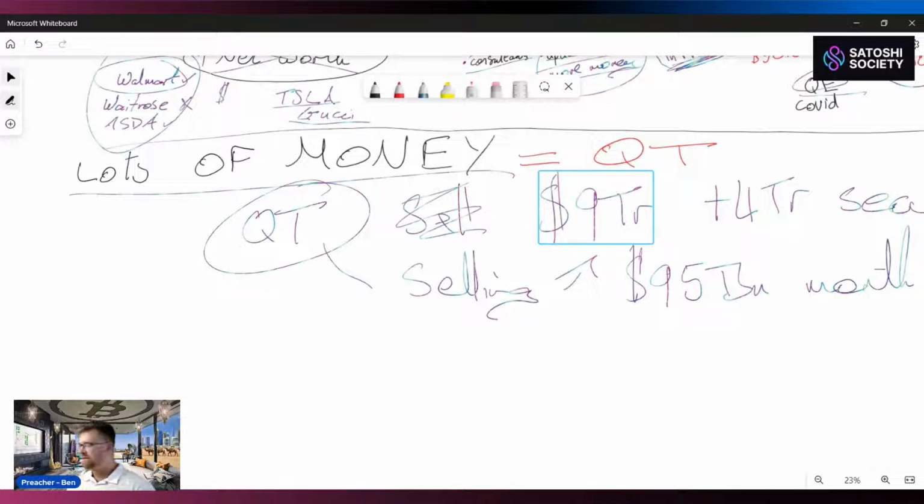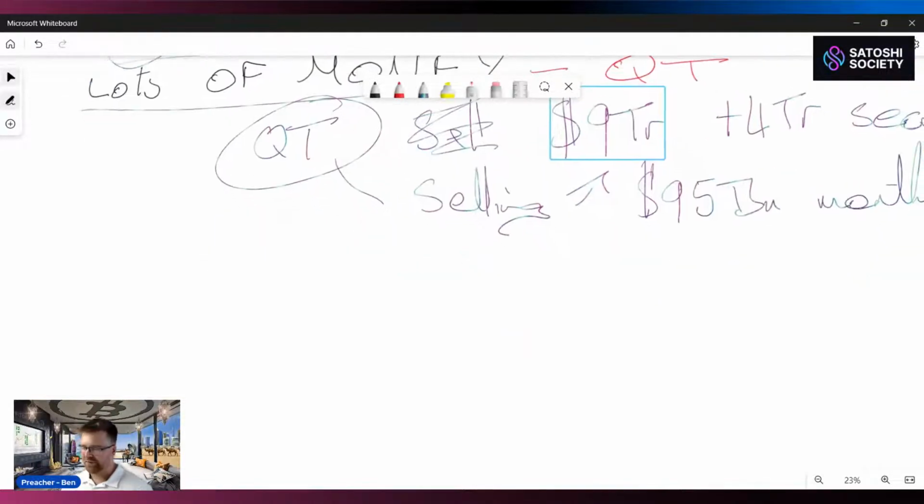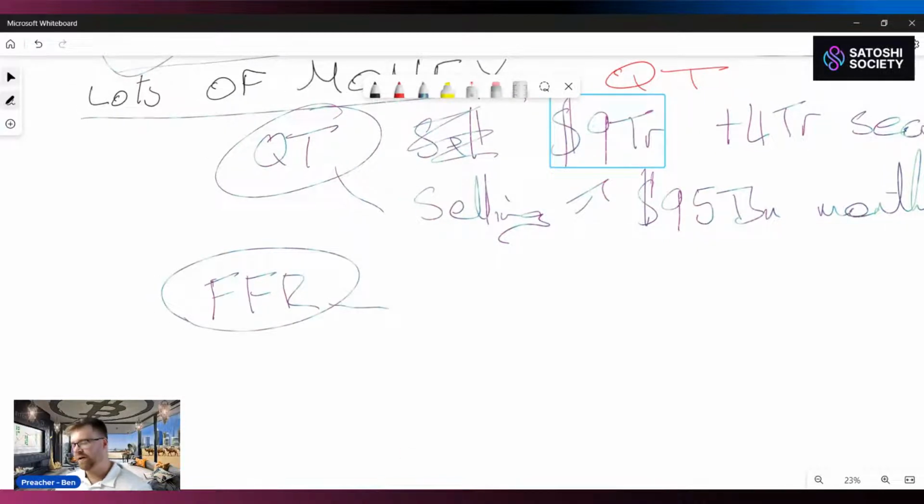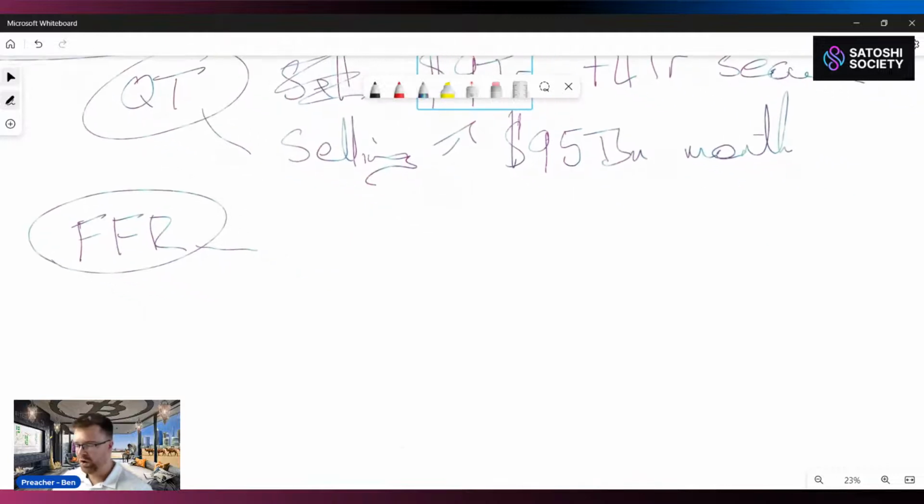So anyway, we have quantitative tightening. They start selling all their assets, etc. But then we also have the Fed fund rate. So I'm going to call it the FFR. The Fed fund rate. Now, obviously, they're doing increases. We're anticipating 5 to 7% as the final resting place. I actually believe this is probably going to sit around